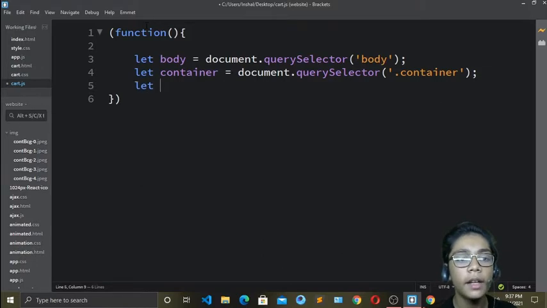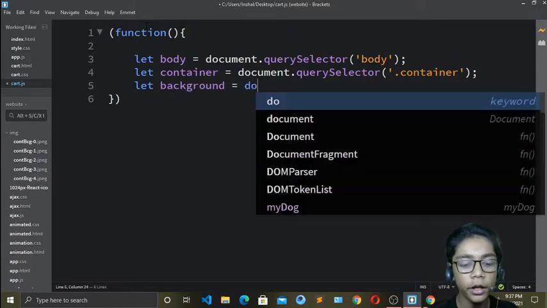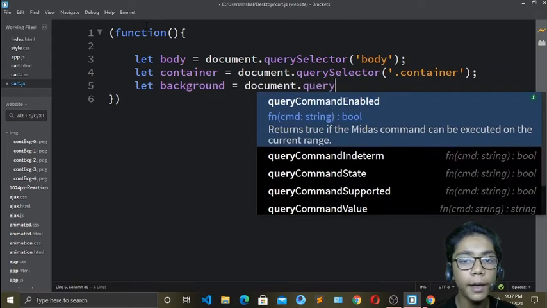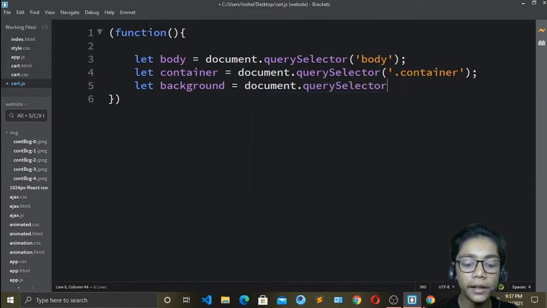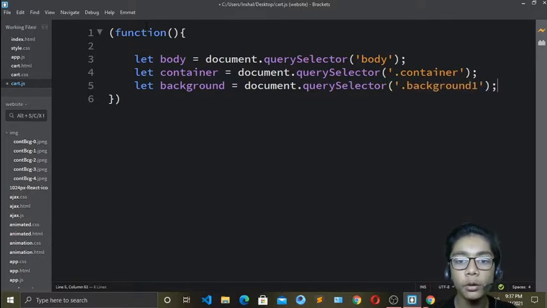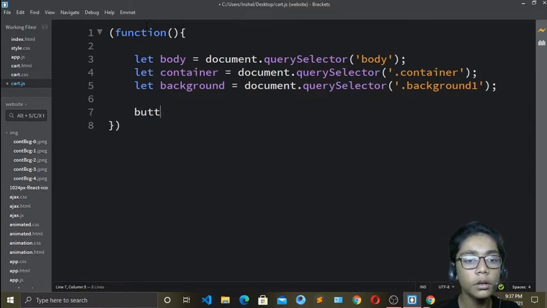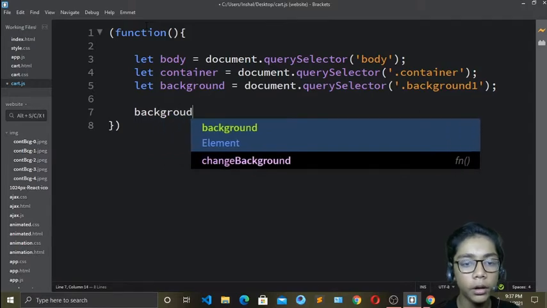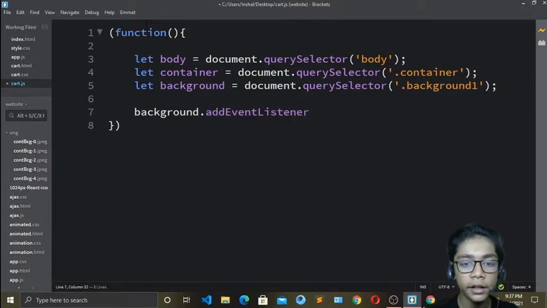Right over here let again, and now here you have to write let. Okay, so now right over here background. Here you only have to write background; you don't have to define background one. We will define background one in the brackets, like we are defining our container. So I will write background one. Okay, so now when you've done that, come over here and write another thing. Come underneath that, and right over here write background.addEventListener, then function, and a comma, and here it should now be container.